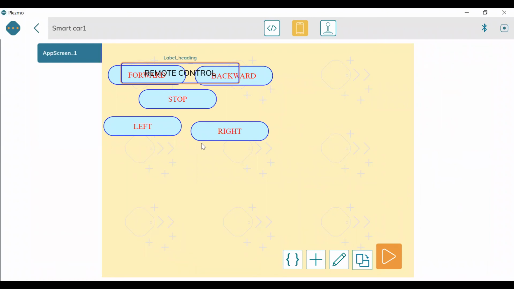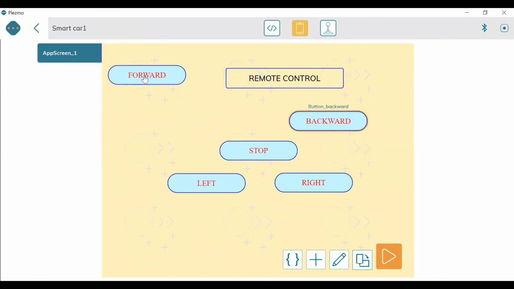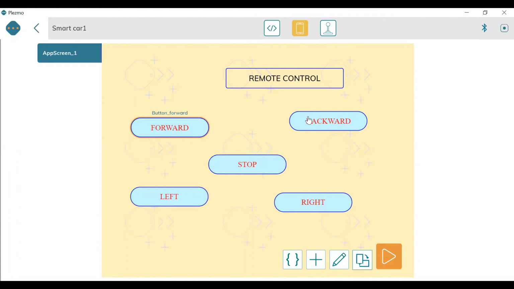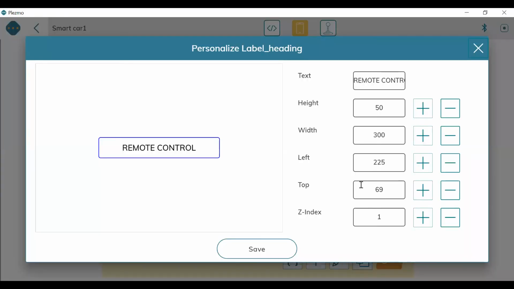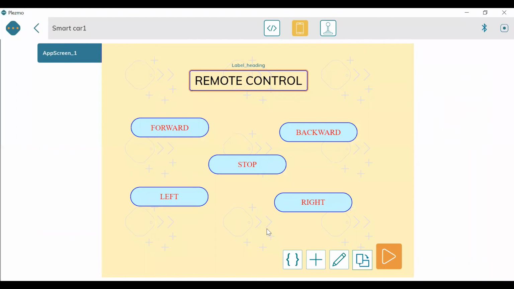So what should we do is, if it is a heading, then that means we have to shift the positions of our buttons. So we are going to click like this and we are going to change the positions of the buttons. Right, and now we can also keep it like this. If you want to increase the font size more, we can again go here, we can edit the things, and I'm going to keep it as 30. Fine.